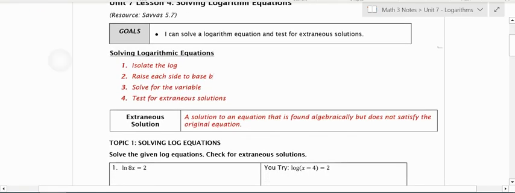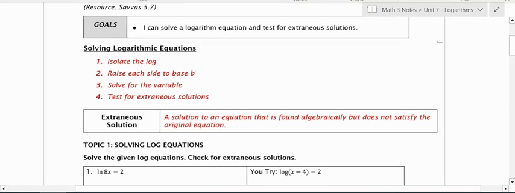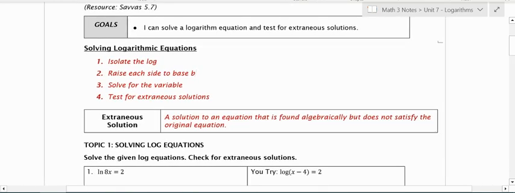So the steps that we're going to use: our first step when we see a log equation is we're going to try to isolate the log. For our first couple, we're going to see there's only going to be one log. We're going to do the inverse essentially and raise it to base b. So the inverse of a log is going to be an exponential. And then we solve, and we always want to test our solutions so we don't have what's known as an